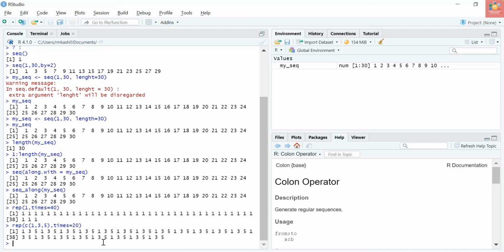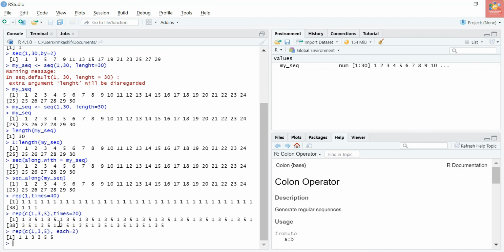What if we want to repeat each element of a vector a certain number of times? For example, if I want to repeat 1 a certain number of times, 3 a certain number of times, what to do in this case? In this case, we will write rep c(1, 3, 5), and there is another argument, which is each = 2. So it will repeat each element by 2